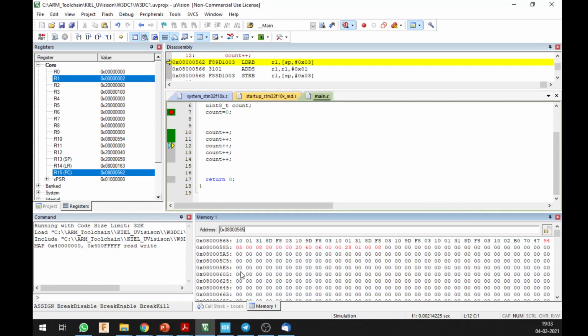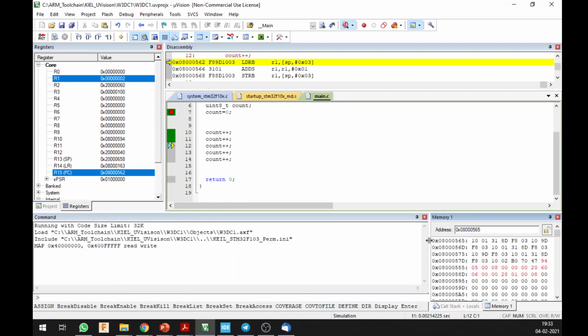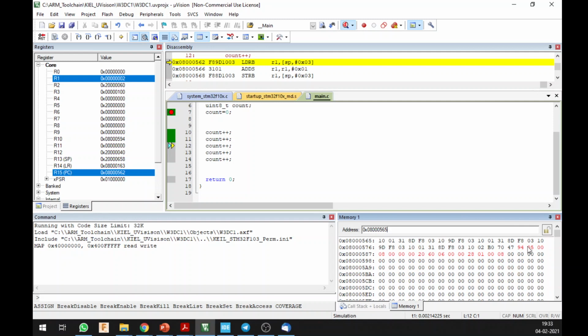Okay, so now I would like to mention a few things. This ARM Cortex microcontroller stores the data in a little endian format. If you know what little endian and big endian are, with 32-bit data, since we are only dealing with 8-bit data, it's not going to be a problem. But since your memory is byte addressed, I think I mentioned in one of my slides that the memory is going to be byte addressed. So each address that you see here corresponds to a byte of memory.